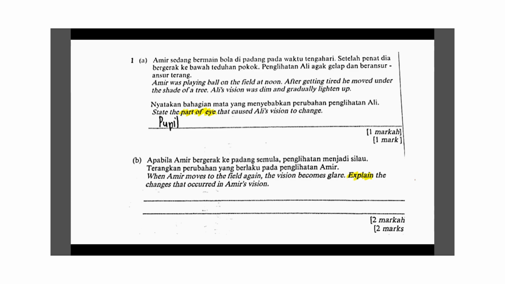So in KBAT questions, whenever they ask you to explain, there are two forms of explanation that you may have to give. One is to explain why something happens, so your justification or your reason behind it, and the other is to maybe explain how something happens. So in this case, they want you to explain the changes that occurred in Amir's vision. So that would be the glare, right? You want to explain the glare. And so what you have to do is you have to make sure that you explain how this happens. Okay. So for answer for this one,